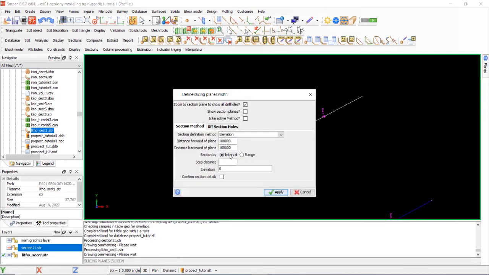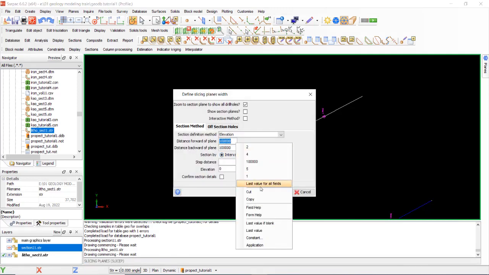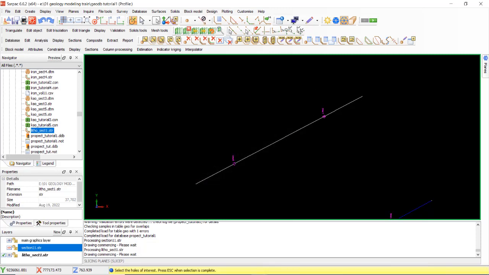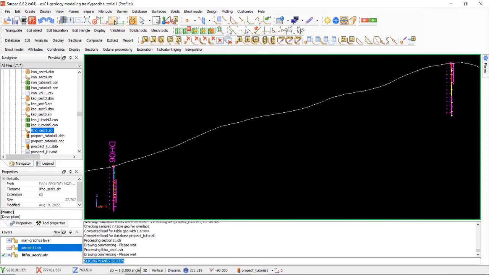define section, best fit to select the 3 holes. So we can select 3 holes for an accurate section. Select this hole and this hole, 3 holes. After selecting, finish, escape. Okay, and then XZ view.